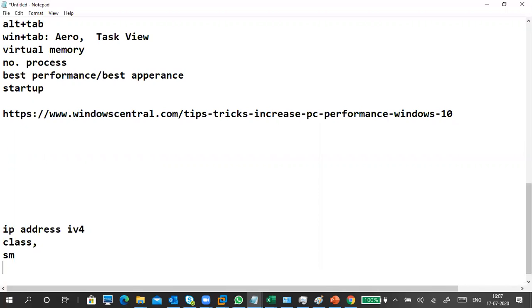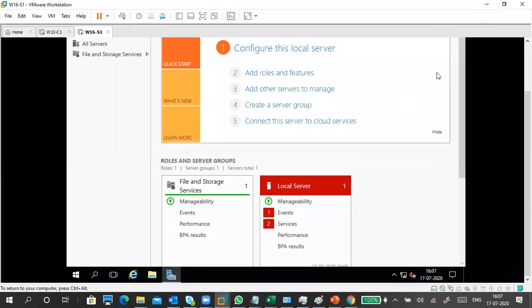Like I told you for the first classes, if you take two IP addresses and both should communicate, both should be in the same network address, right? So verify that part also from your notes. The important things are classes and subnet masks, so go through them once. And check network addresses, that is important. And check pinging and all that kind of stuff also. You know pinging already, but check it once.